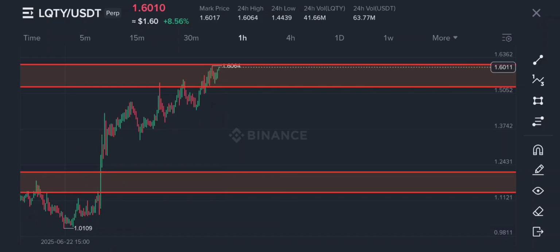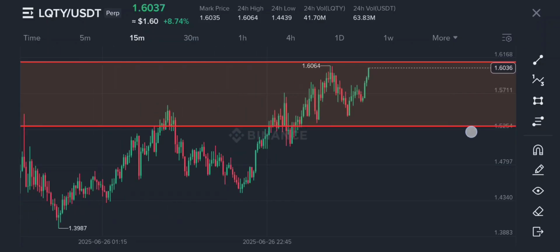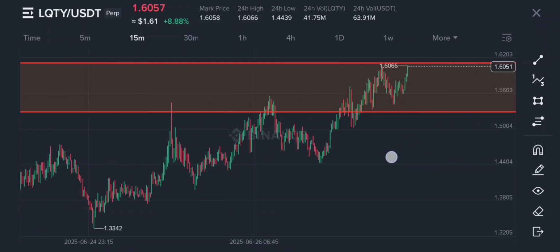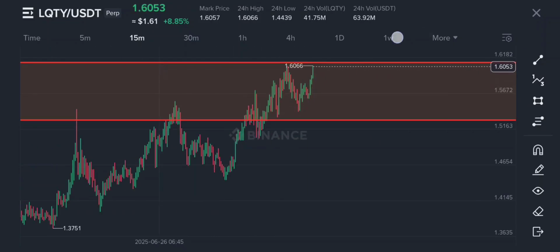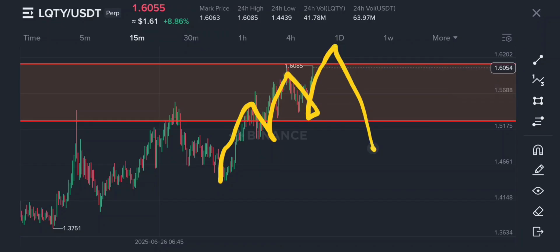So now that we are in this supply zone, which is my area of interest, I can make a decision. If you are somebody that is trading the smart money concept, you can come here. When you get here, you wait for a change of character. Once you see a change of character, maybe this candle will come here. You see the market give you a certain behavior like this, and then something like this. The change of character will be here. Then maybe an order block, the market can move into an order block or anything that you're looking for,